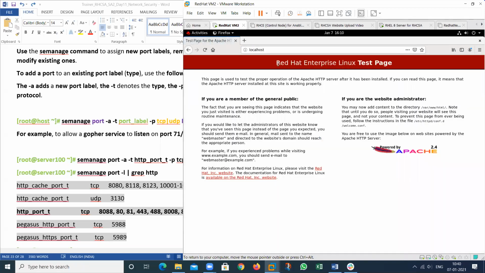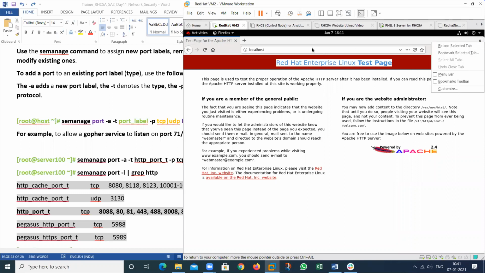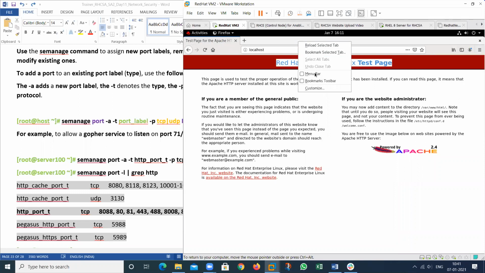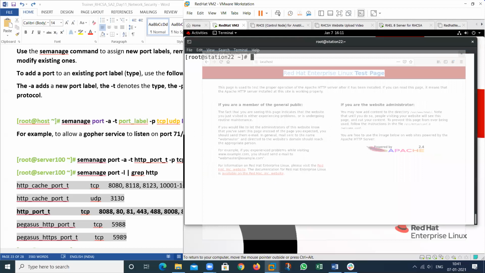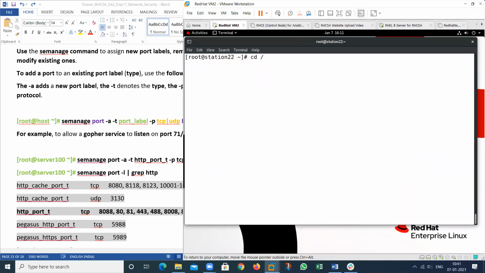You can see here, this is Red Hat Enterprise Linux. This is the test page. If I put my own page, then see how to put my own page. Close this one. Go to the location with cd /var/www/html.